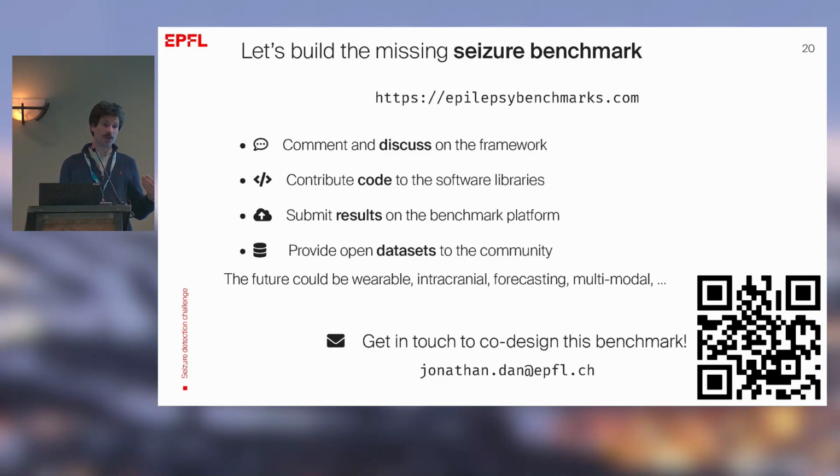We'll keep the evaluation platform open for as long as we can. And we do have funding, so we can probably keep it for quite a few years, which means that we will continue to accept submissions of new algorithms, which will continue to be benchmarked on the platform. We'll try and do that continuously, and there is a whole setup already done with a GitHub pull request, which triggers